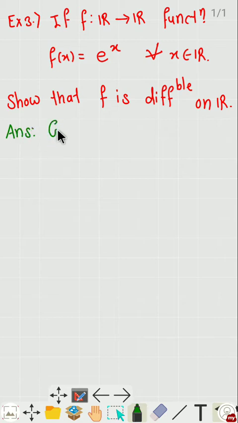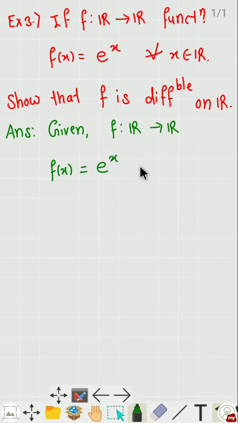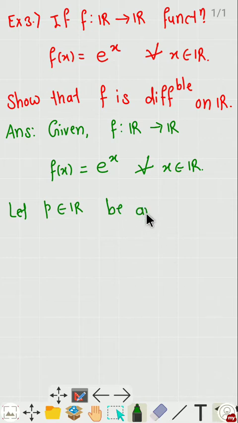So first of all, we write the given thing: given that f is a function from R to R, and it is defined as f of x is equal to e raised to the power x, defined for all x belongs to R. And let us take p belongs to R to be any arbitrary point in R. Now consider